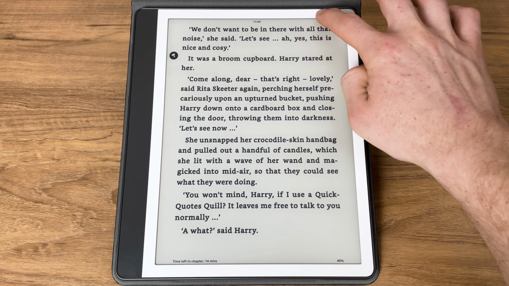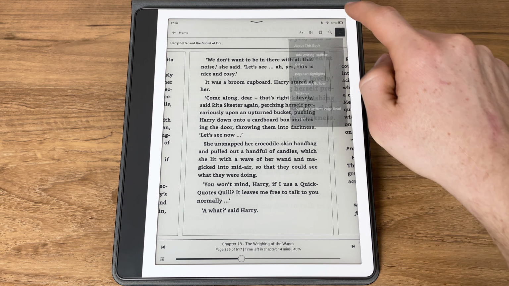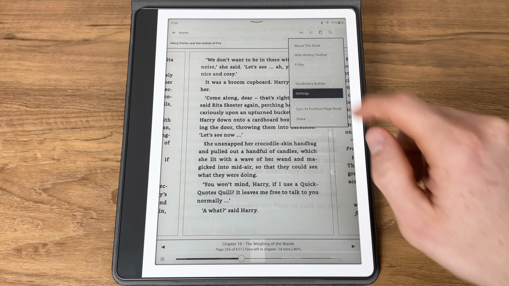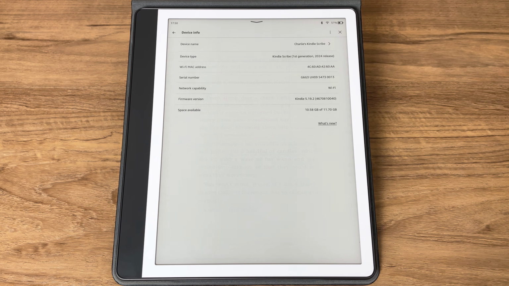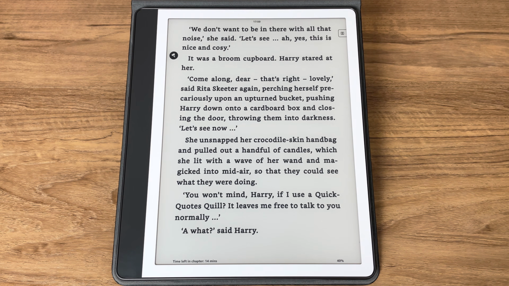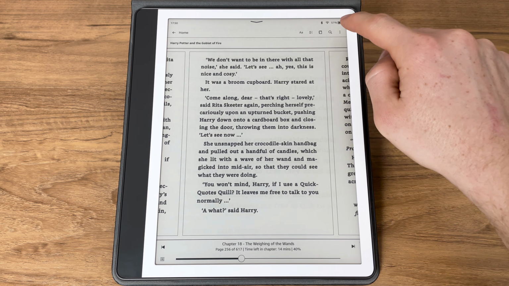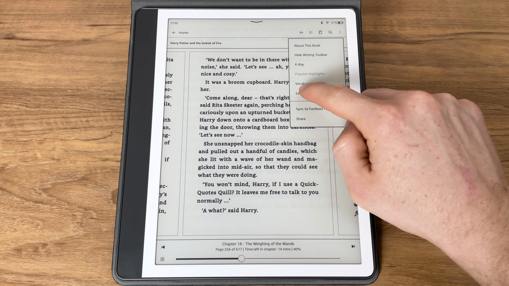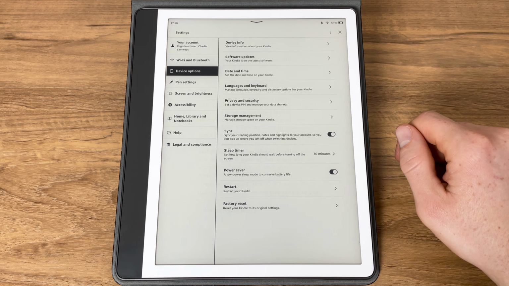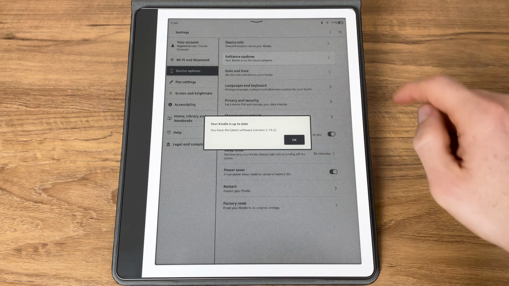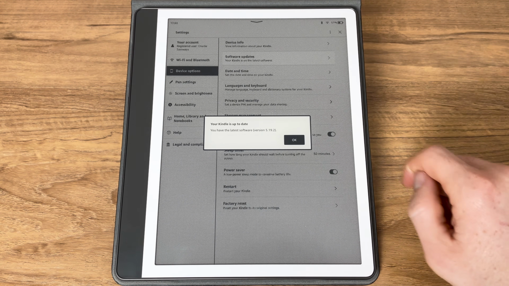There are two ways to check what software version you're on right now. The first way is by going to Settings, Device Options, and then Device Info. From here, you'll see all the information about your Kindle, including its firmware version. But the faster way is actually to go Settings, Device Options, and then check Software Updates. From here, you should see what version you're on right this moment, but also it will typically tell you if